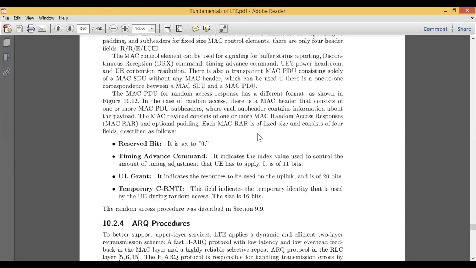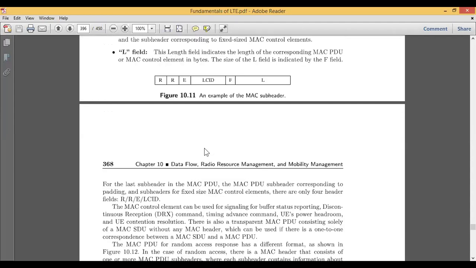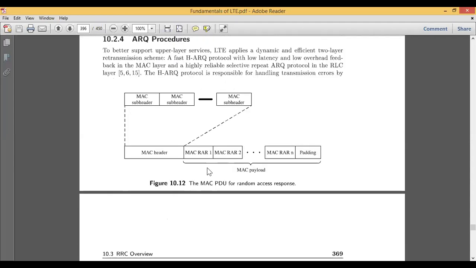Okay, similarly, there is one more format, shown in figure 10.12, that is the MAC PDU for random access response. This is almost similar to the above one.